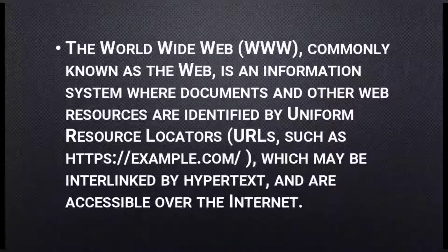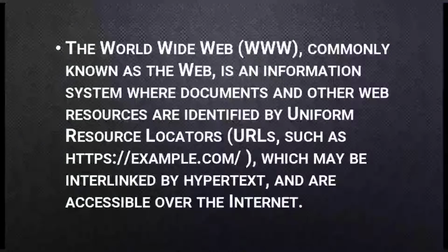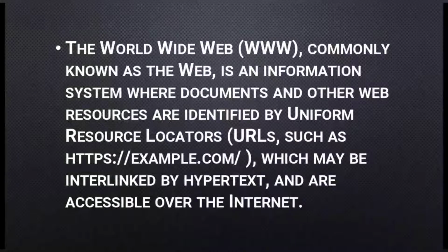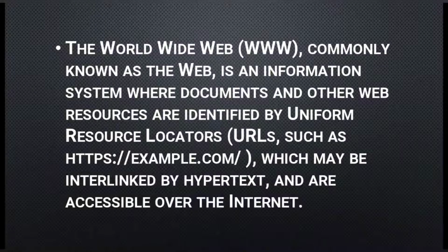So World Wide Web is commonly known as the web, and it is an information system where documents and other web resources are identified by uniform resource locators. So it has information about many things. If you wanted to have some web pages, you can upload them in the www, or you can also access any information whatever you want from the net. So www is like a collection of documents, a collection of information, whatever we wanted to know, we are using www. So it has a URL also.